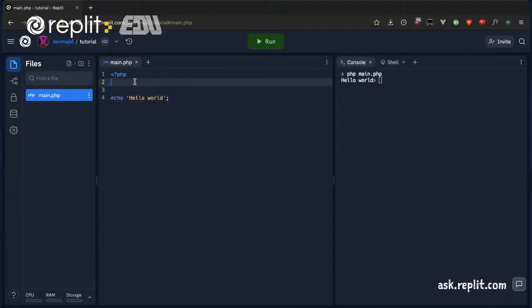We can also do commands by this double, I don't know the name of the character, but you know, like regular C syntax for creating